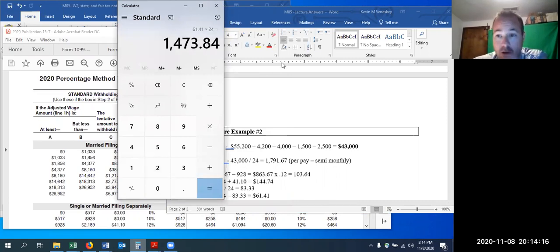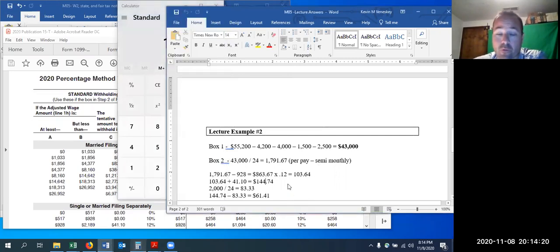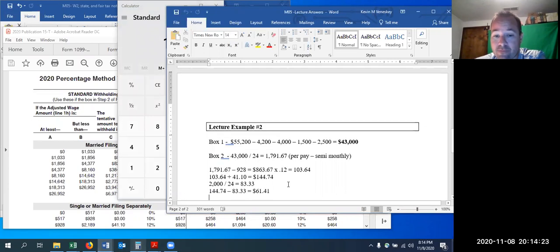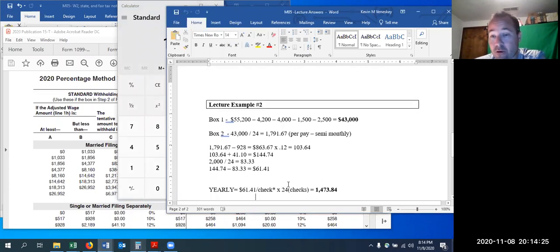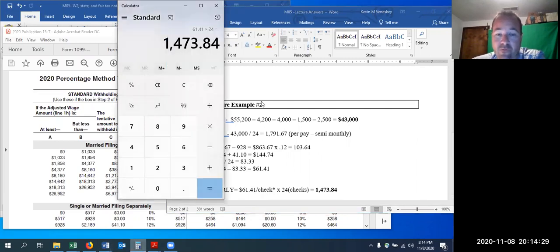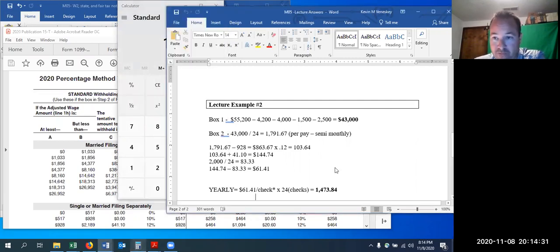So box 2 would show 14.74. They always round to the nearest dollar for tax purposes. Or if they don't, the tax program does it for you. So 14.74 would have been the final amount there. If they put the actual cents in, that's fine. It's just that when you do it on a tax program, it will round to the nearest dollar. So that's what box 2 would be.